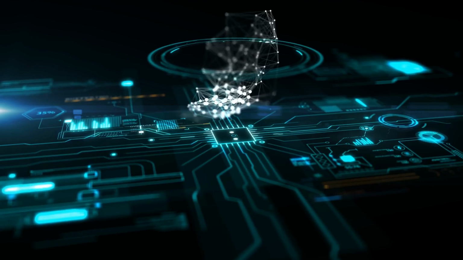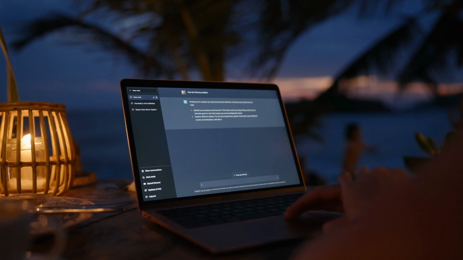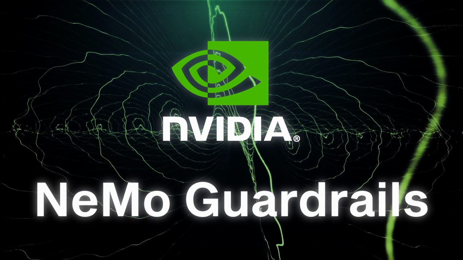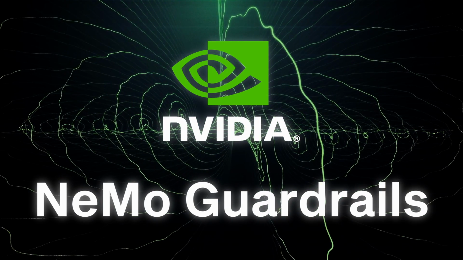And when we want a chatbot to actually represent an organization, it's simply not enough. In short, we need something more to actually deploy conversational AI. To do that, we will be using Guardrails. Now, Guardrails is a kind of new library from NVIDIA, and the main focus of this library is to help us deploy chatbots safely. But there's actually a lot more that we can do with it.